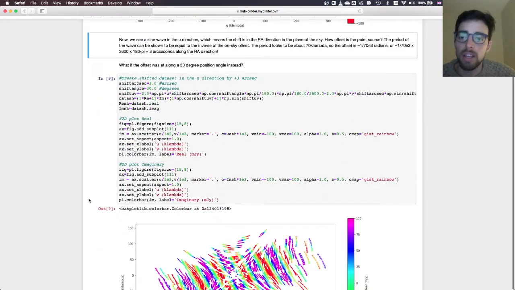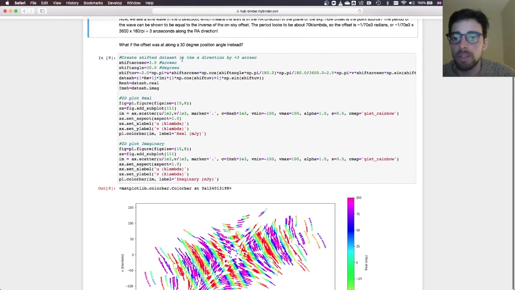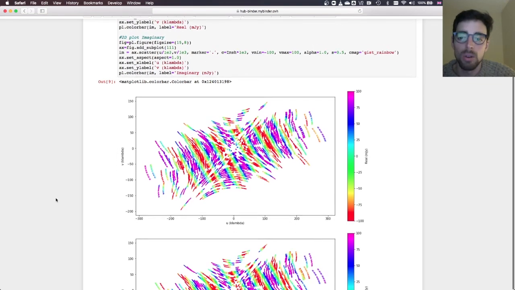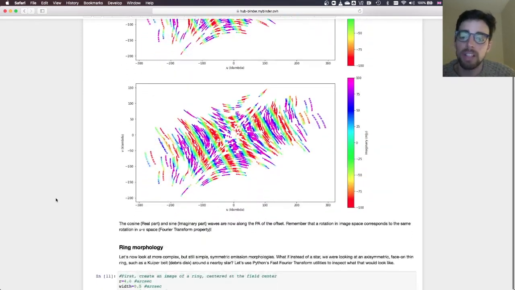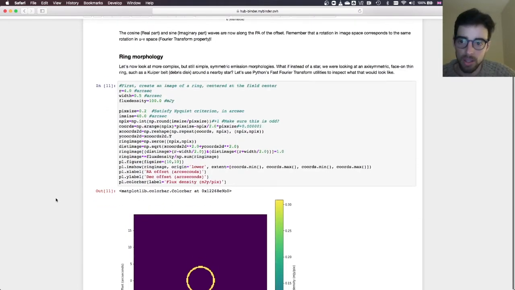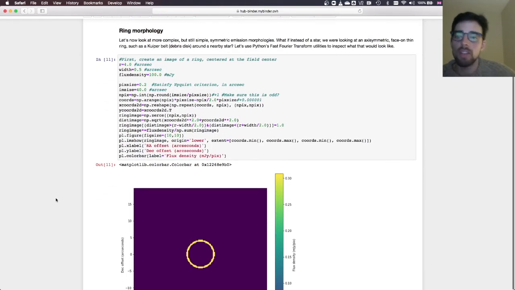I'm not going to spend a lot of time on this, but if the offset is along a 30-degree position angle instead, you will see that the sinusoid is at 30 degrees from the x-axis. So again, you can tell what the offset is by just looking at the sinusoid in the UV space. Okay. So if instead you have a ring morphology, if like me, you look at circumstellar disks or circumstellar rings,